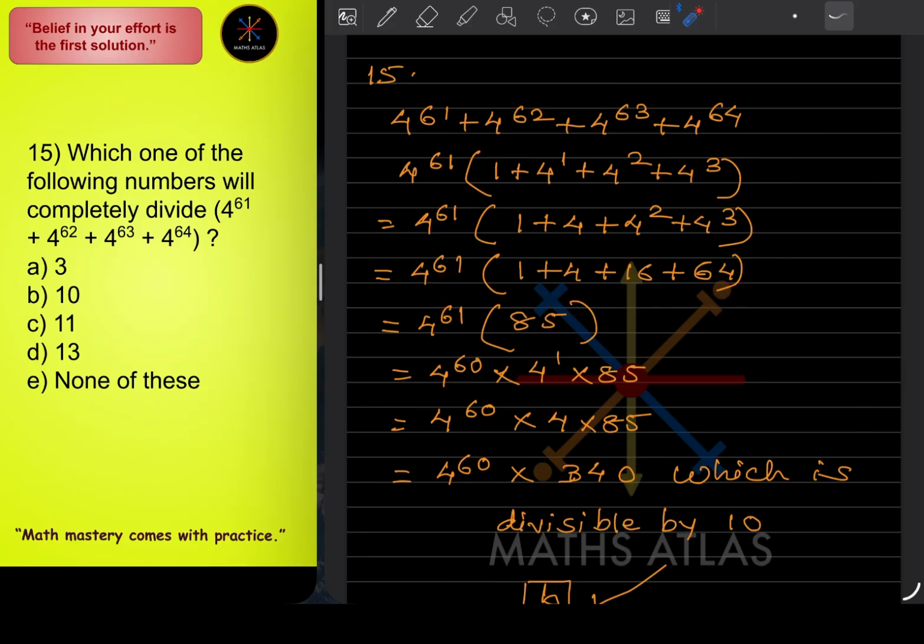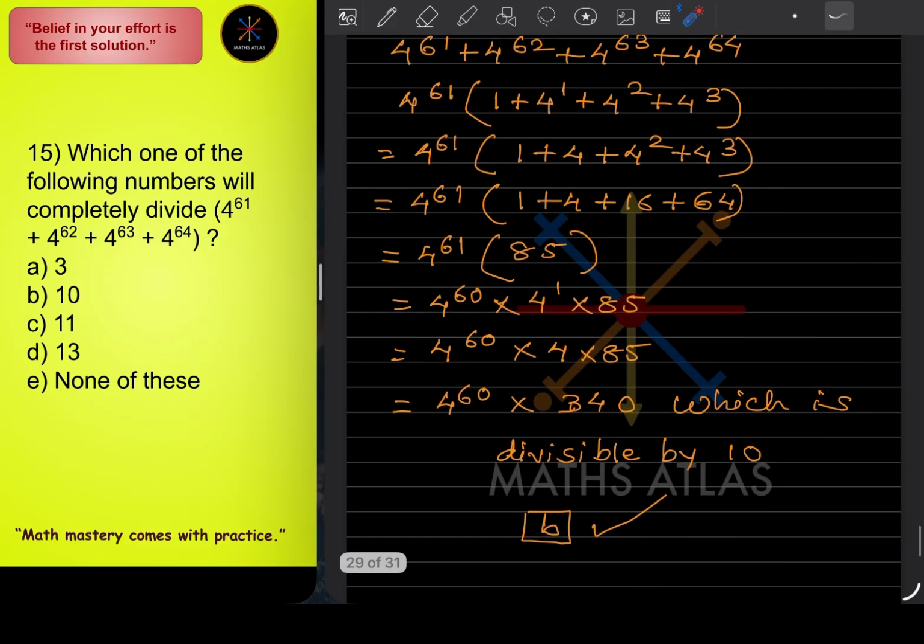Again, one more thing here: we can write 4^61 as 4^60 times 4^1. So this is going to be 4^61, and 4^1 means 4. When you multiply this, you get 340, and the last digit is 0, which means it is divisible by 10. So the correct option is